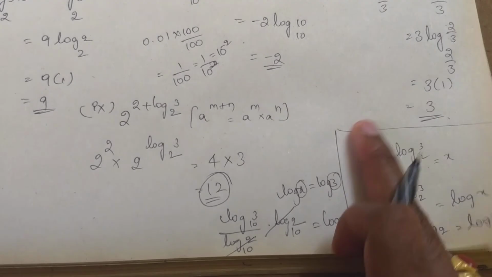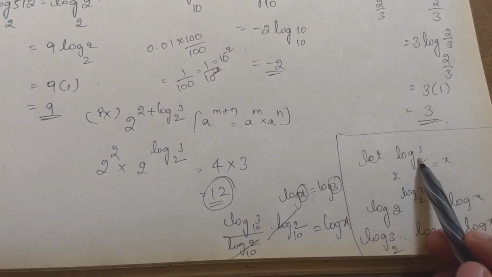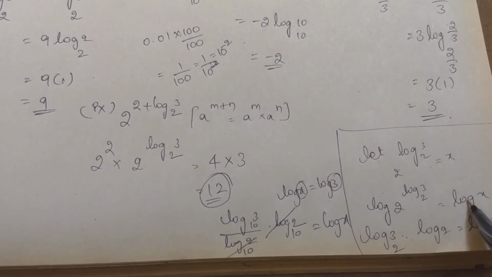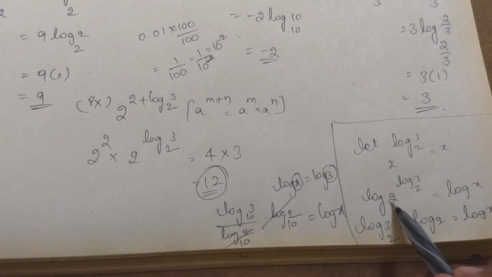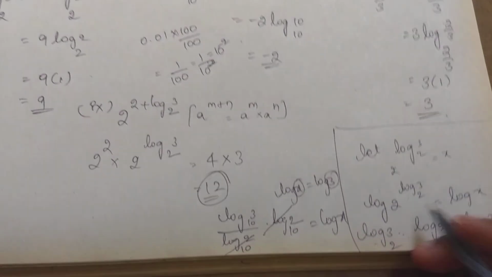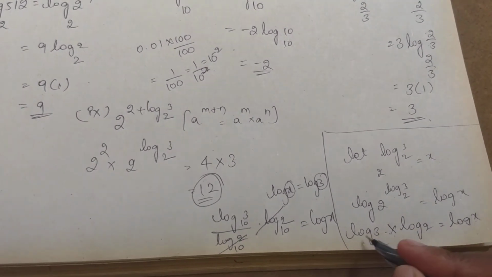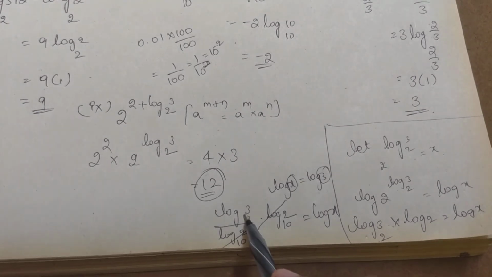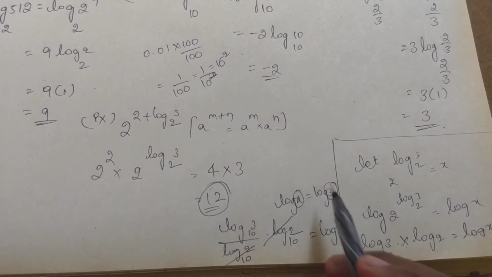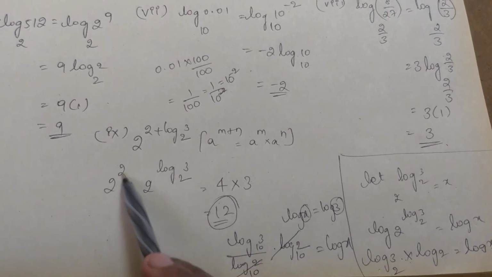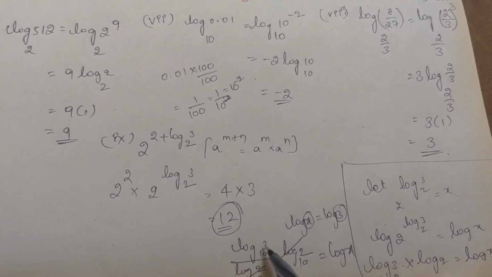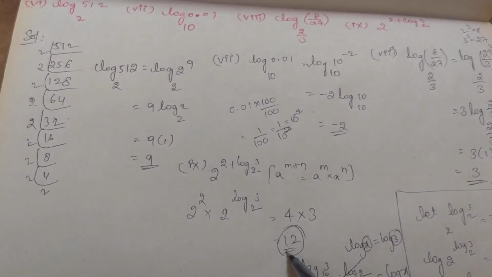So this you have to write it in your exam also. Let 2 power log 3 base 2 is equals to x. Applying log on both sides, it becomes log 2 power of log 3 base 2 is equals to log x. So this is in the form of log a power n, then n log a. This will become this side. So log 3 base 2 into log 2 is equals to log x. So log a base b can be written as log a base 10 by log b base 10. So this and this will get cancelled off. So log x is equals to log 3. By comparing, x is equals to 3. And we know 2 square is 4. And this entire value we assumed it as x. The value of this is 3. So 4 into 3, the answer is 12. So this is the complete explanation.